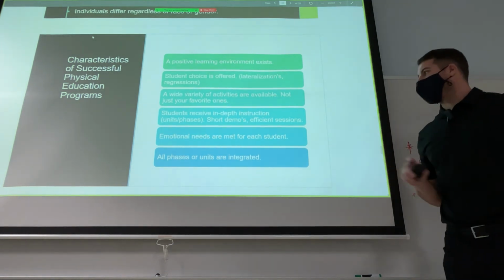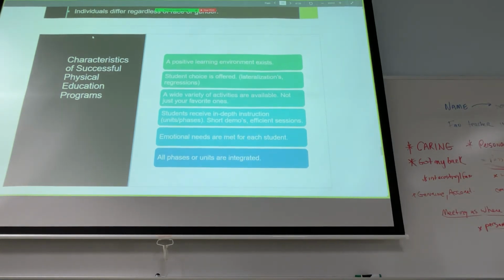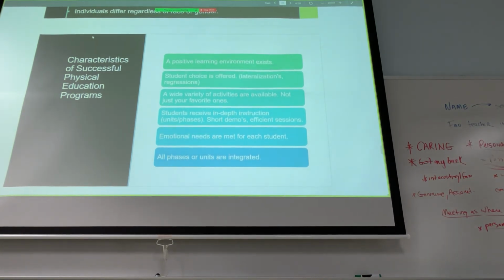Students, emotional short demos and efficient sessions. So when you are instructing, you have a short demonstration, and you also tell them what not to do. So John Wooden, the most winning coach in history, when he coached his athletes how to perform a skill, he'd tell them what to do, what not to do, and then what to do again. So it was a quick, do this, not this, this technique. And they learned that, well, I mean, he was one of the most winningest coaches, and they said he was one of the best educators too as a coach because he was so good at teaching demonstrations with efficiency.